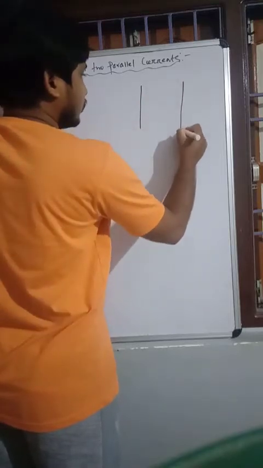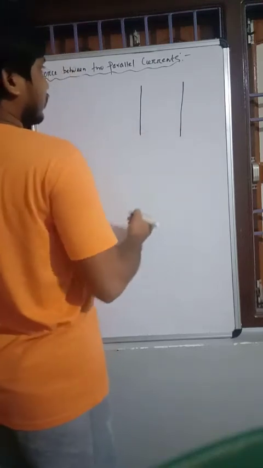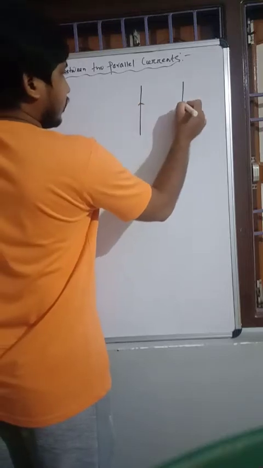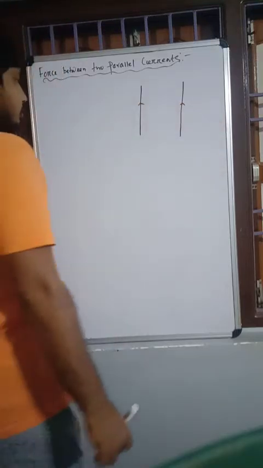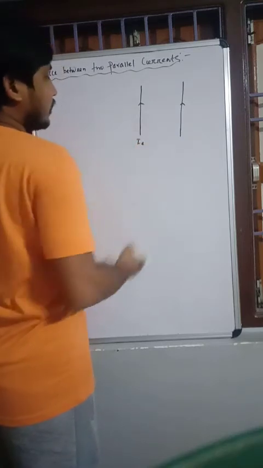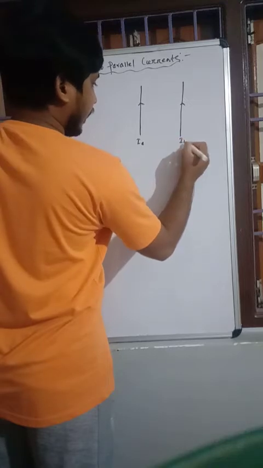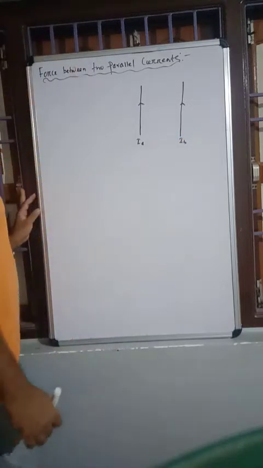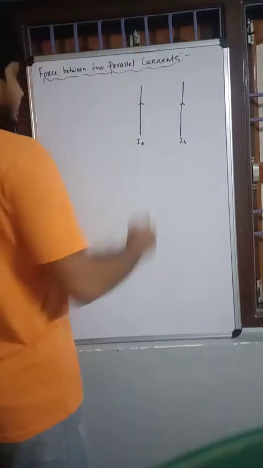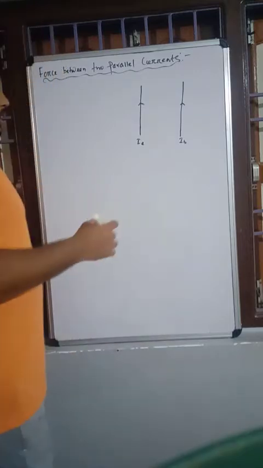They are parallel to each other, and in both the conductors the current is flowing in the same direction. Let in this conductor IA be the current which is flowing, and in this conductor IB be the current which is flowing, and the current is flowing in the same direction. So now we have to find out. We know that whenever there is a